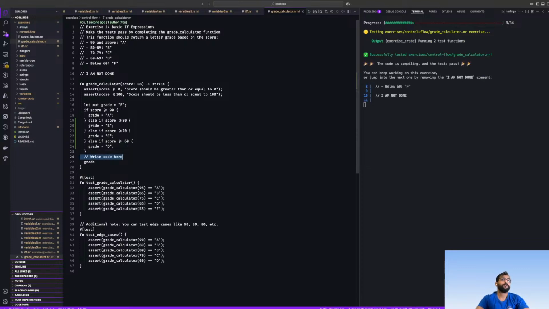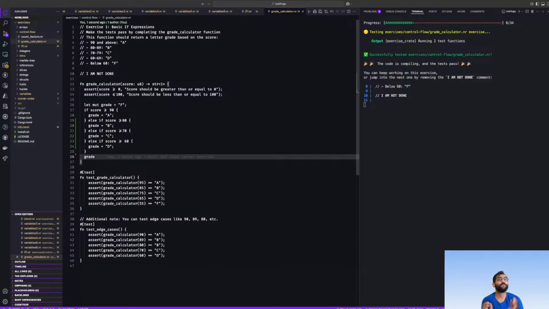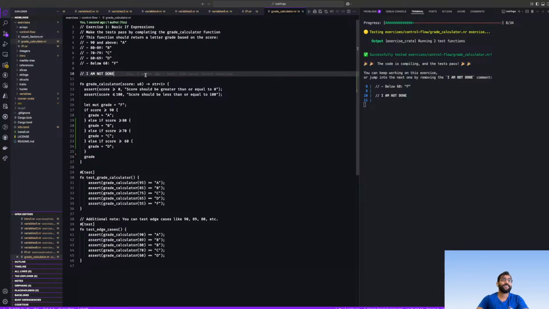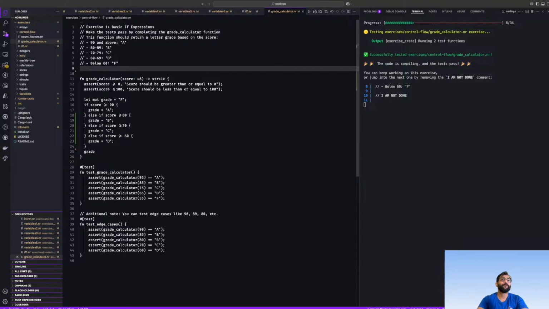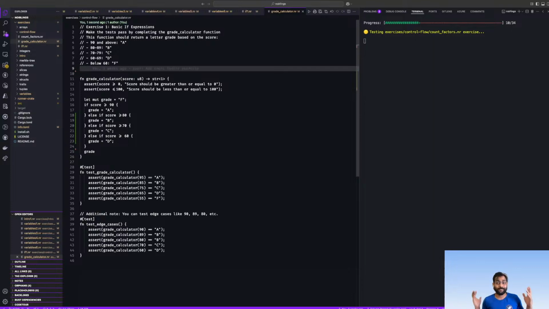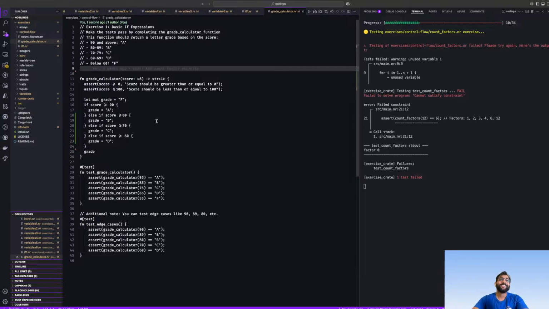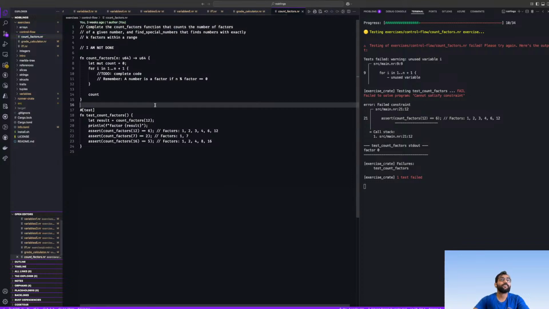See, that means there was some issue with some syntax. I mean, it's mind-boggling. Anyway, so you can see, it's not easy. You get stuck. Damn. Okay, so now we go to count factors.